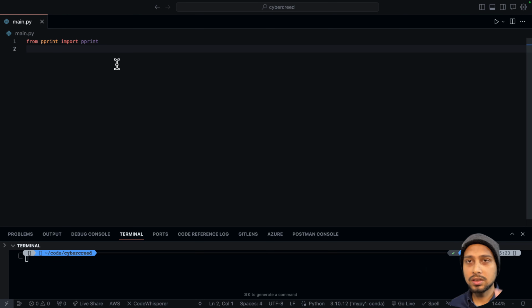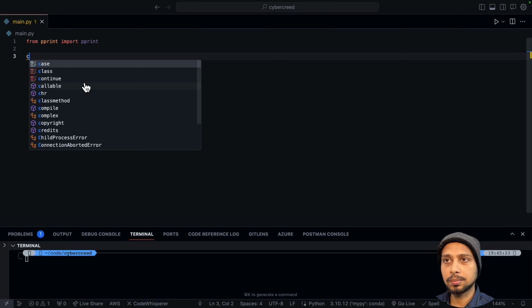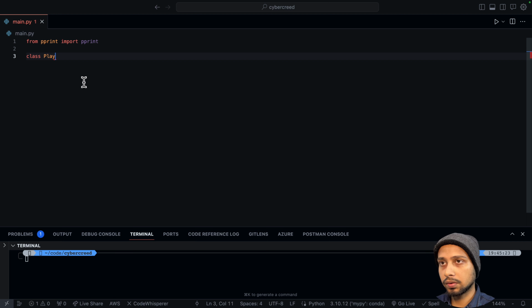Okay, so first thing first, let's suppose I have basically imported pprint to just print in a beautiful way. You can also use simple print, but the first step is going to be importing or basically writing our class. So let's suppose we are going to declare a person class. So let's suppose it's player class, player,